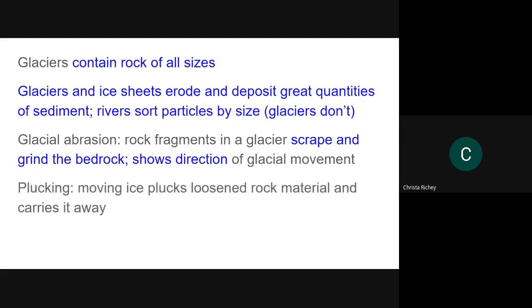If it just slides across the surface, the little rocks that are embedded within the glacier, the part that's actually moving across the earth itself, leave behind these scrape marks. That is called abrasion. Rocks that are actually picked up and moved from point A to point B, they call that the rock has been plucked. And then eventually, whenever the glacier decides that it's not going to advance anymore, these rocks are left behind.